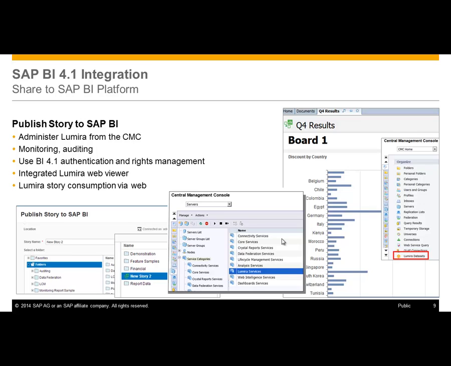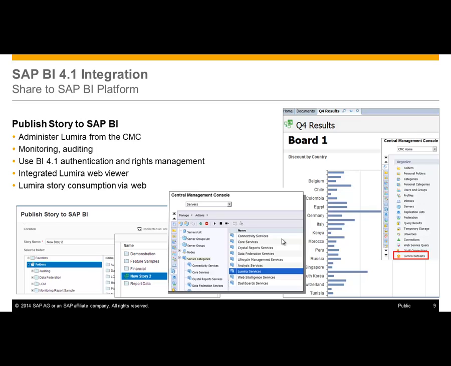Normally, we are used to the Lumira desktop where I publish to cloud and server in order to view the content, but especially for customers who already have a BI and want to leverage the platform, the stories which you have built, you could also publish to the BI landscape, where from the BI launchpad you could directly view all the stories, and using the standard CMC administrator tools, you could do a lot of security. You could monitor, audit, and manage. You could also perform authentication. Promotion management you could also do on the content,